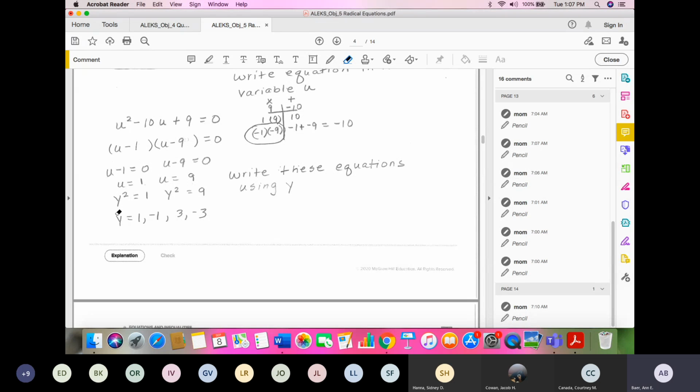So we can take the square root of both sides, which we just looked at a little bit ago. Square root of this side equals plus or minus the square root of this side. So y equals plus or minus the square root of 1, which is 1, and negative 1, because we have to have plus or minus. Here we take the square root of this, plus or minus the square root of 9. What's the square root of 9? It is 3, and negative 3. Well, we have to use that. The square root of 9 is 3, but we need to use a plus or minus in front. So we get plus 3 and negative 3.